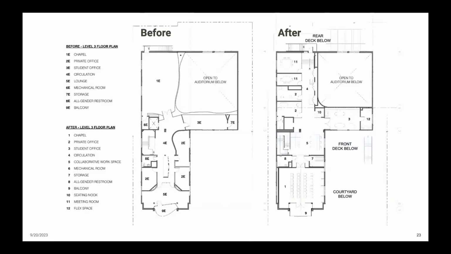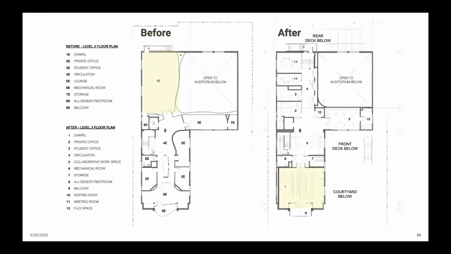Okay, and then looking at the before and after plans, the existing building was kind of funky. It had a lot of curved walls and these long, narrow rooms that prevented the spaces from being used to their full potential. So in the renovation, we reconfigured all of the building's offices, meeting rooms, collaborative workspaces, and the auditorium, while also expanding the usable outdoor space. That involved adding a courtyard at the first level and adding 2 decks on the second story off of either side of the auditorium. Next slide.